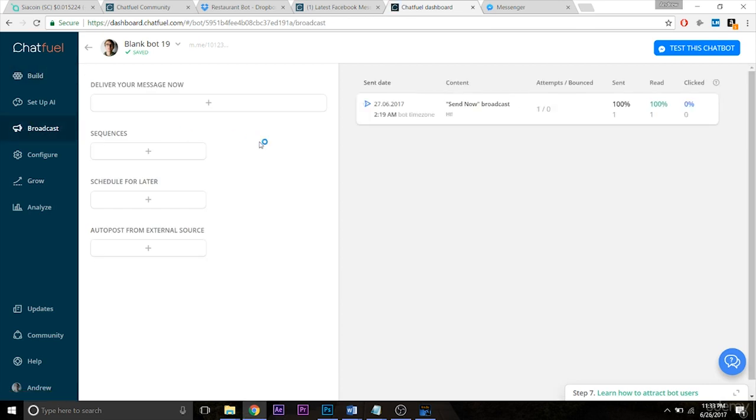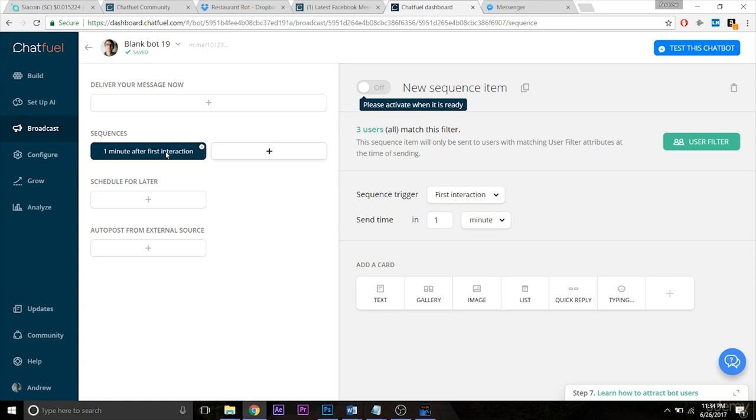So here, let's set up a sequence. We don't want to deliver the message now because that would mean it's going to deliver it right this second to anybody. And that's probably not the most effective way because people could match these user attributes and maybe they are in the restaurant right now and we want to give them a discount for next week, for example. So let's go to sequences because this will determine who gets the message based on the amount of time since they've interacted. So again, we're going to keep this off for now while we edit the sequence, the retargeting broadcast,